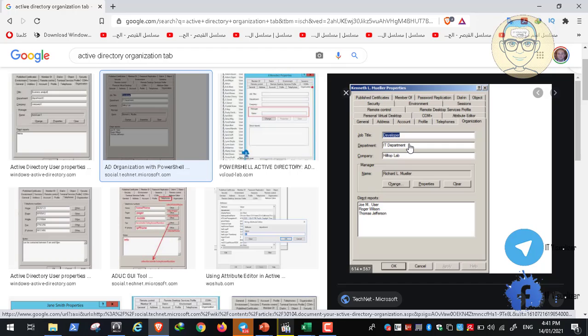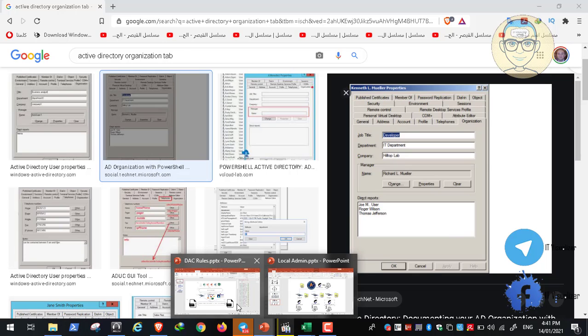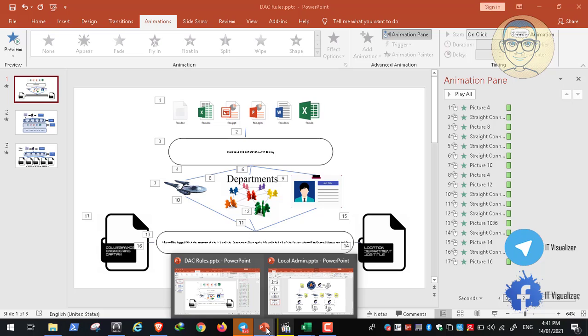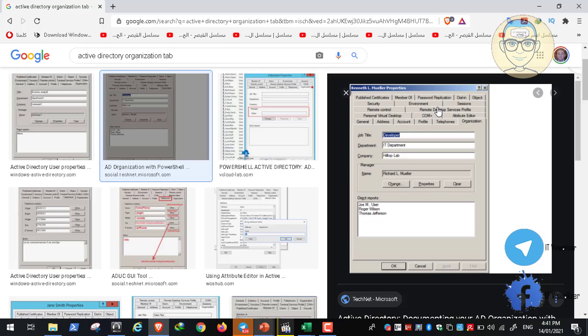And then we will create DAC rules to limit access. For example, if I need a certain department, or a user with a certain title. If there is a user in the Active Directory whose title is captain, and he's from the engineering department, and his PC is in the Colombia location, I will let him access the file using the DAC rules. So how is this applied? For example, if the user's job title is captain